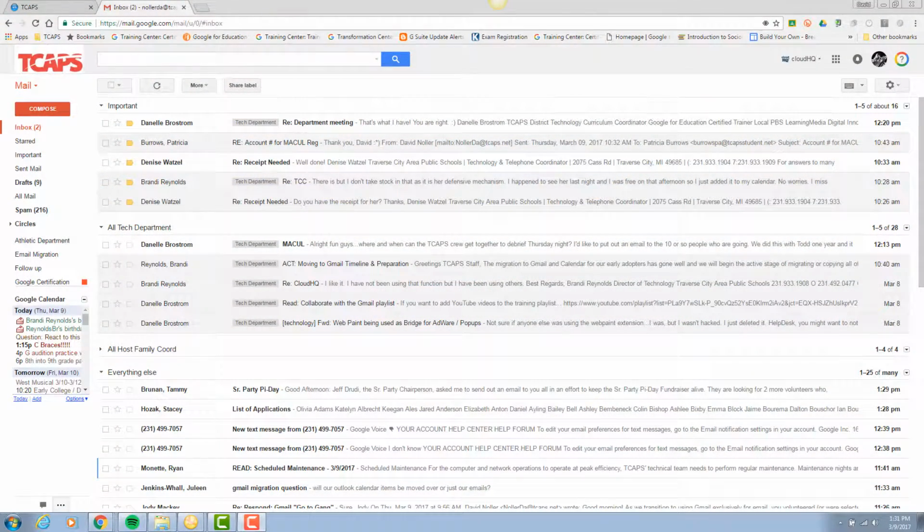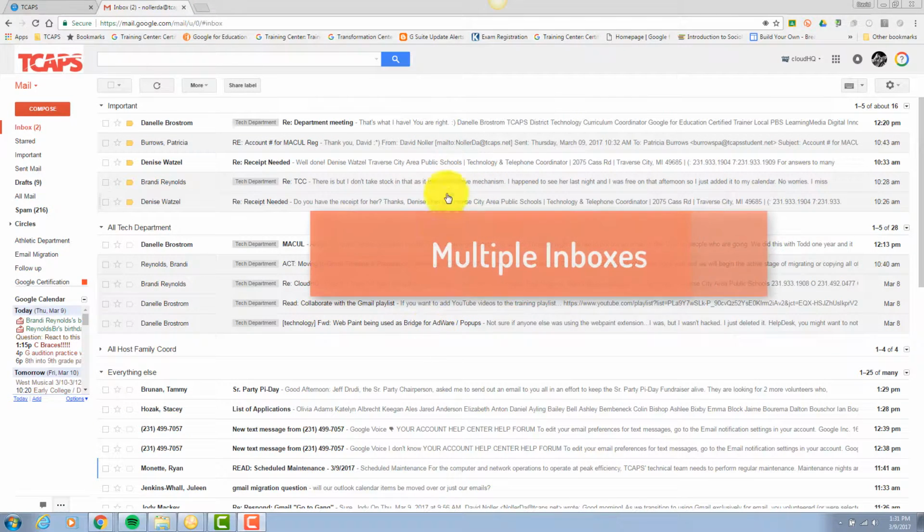So when you look at my Gmail account, it's going to look a little bit different from yours because I have certain settings to make it more useful for me. In order to get yours to look like this, if this is indeed how you want it to look, I'm going to take you through the labs and the settings that were required to set up multiple inboxes and to